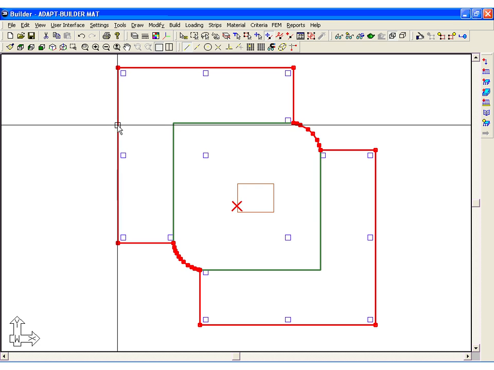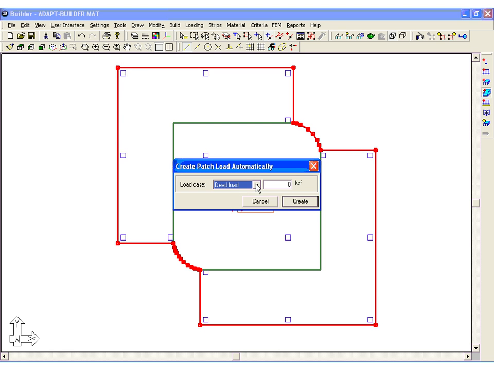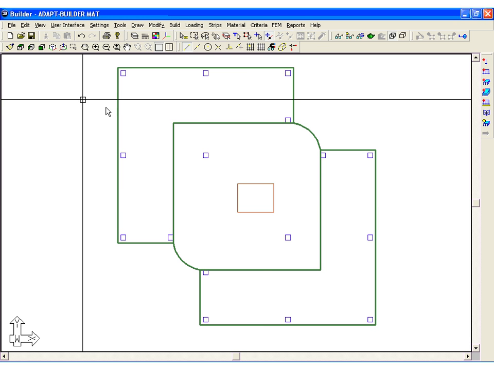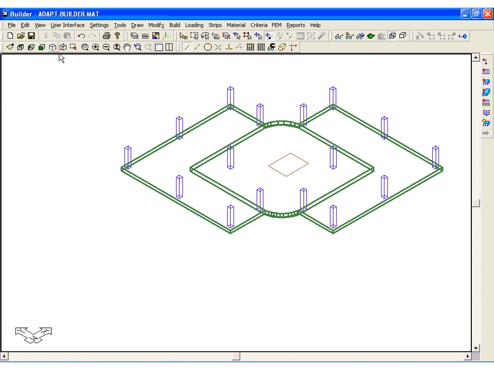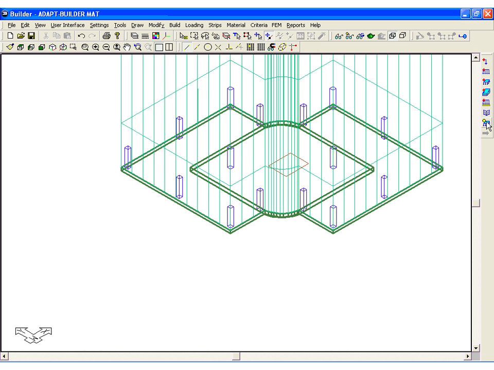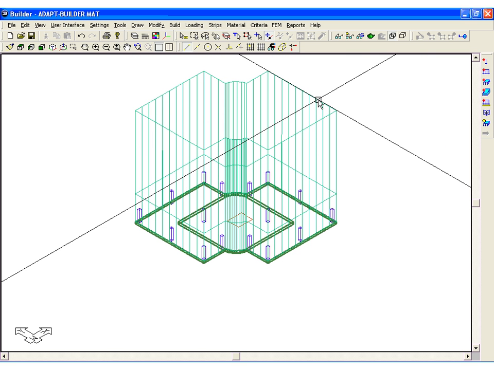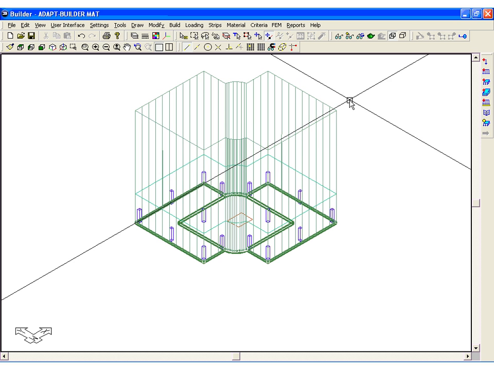We're going to select the same region, and we're going to have a live load of, let's say, 40 PSF or 0.04 KSF. Again, if we review the three-dimensional display and turn on the loads to display, we can see that the loads have been added. So if I double click on either of these loads,